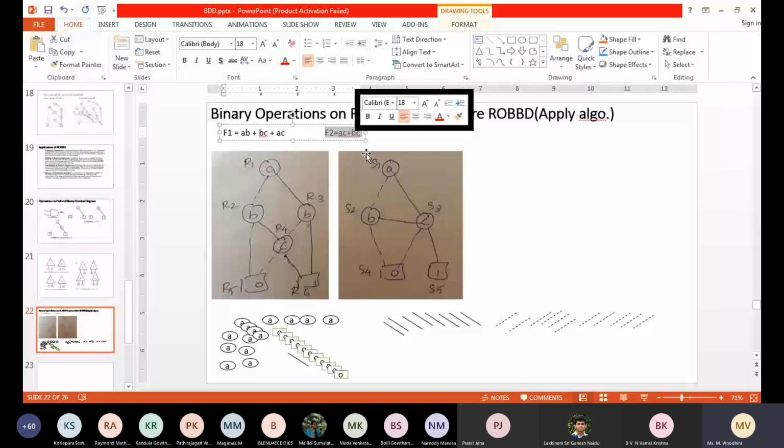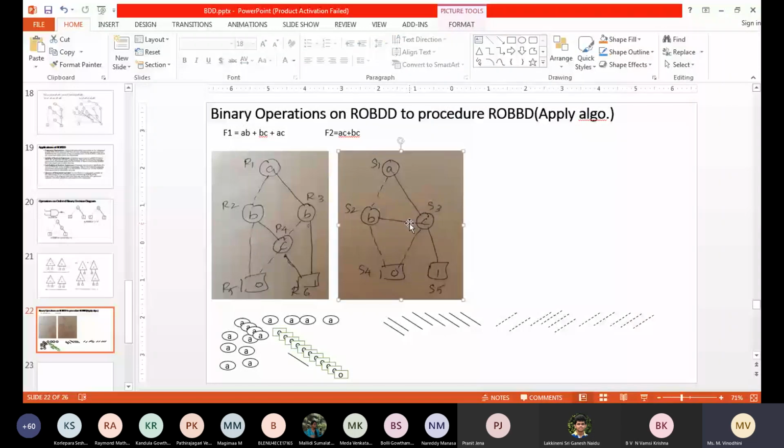Forget about this R1, R3. This is not told to you. This S1, S2 also not told to you. In this diagram, don't look at this R1, R2, R3. Apart from this, please look at the A, B, C, 0, 1. Even here, A, B, C, 0, 1. You can get it, right, students? Tell me, for this given function, using any one of those three methods, can you draw this diagram? Maybe now you would have forgotten. Maybe if you recollect, you can do it, right? I hope you understood when I taught that.